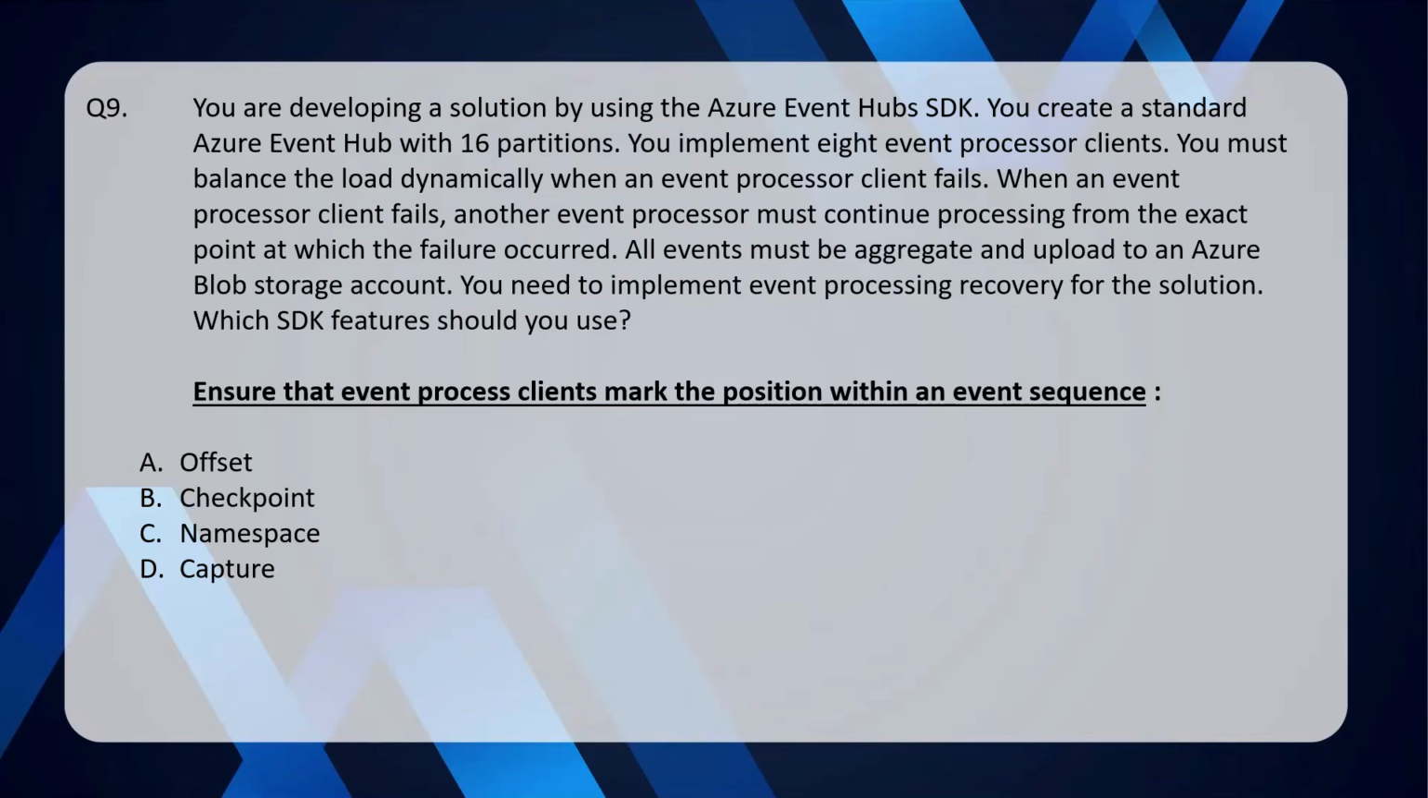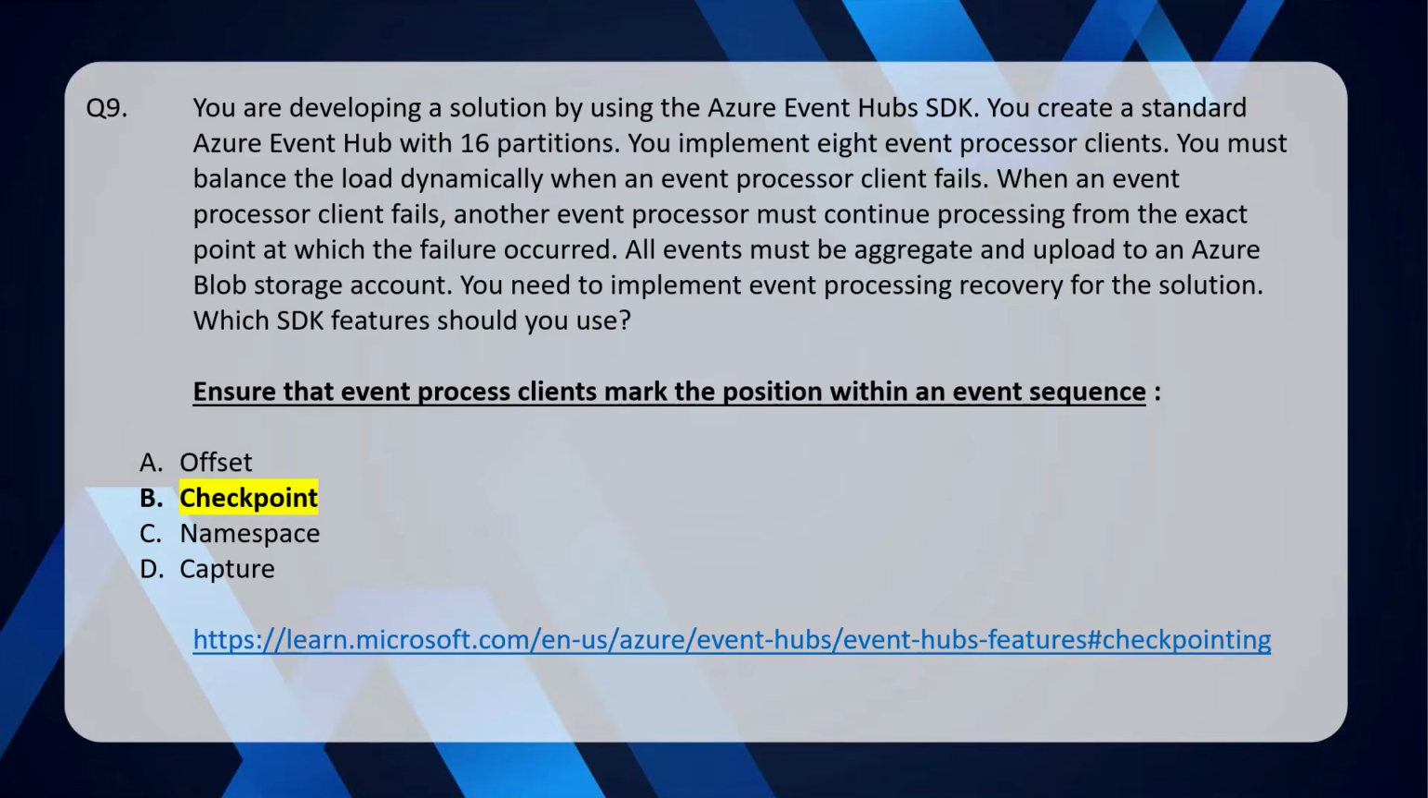The first part of the question is talking about ensuring that event processor clients mark the position within an event sequence. Your options are offset, checkpoint, namespace, or capture. Now folks, a checkpoint is a record that indicates the last successfully processed event in a partition. It's persisted in Azure Blob Storage by Event Processor SDK. This ensures that when a client fails, another client can resume from the last checkpointed position and not from the